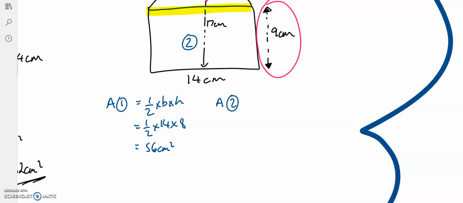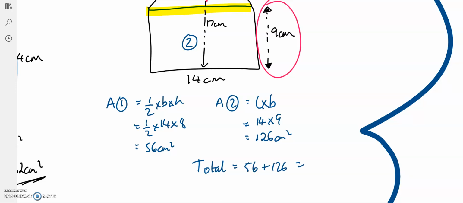Area 2, the rectangle at the bottom, rectangle, length times breadth. We're going to do the length of 14 times the breadth of 9. 14 times 9 is 126. Yeah, just double checked on my calculator there, centimetres squared. So to figure out our total, we're going to add them together. We're going to do 56 plus 126, giving us an answer of 182